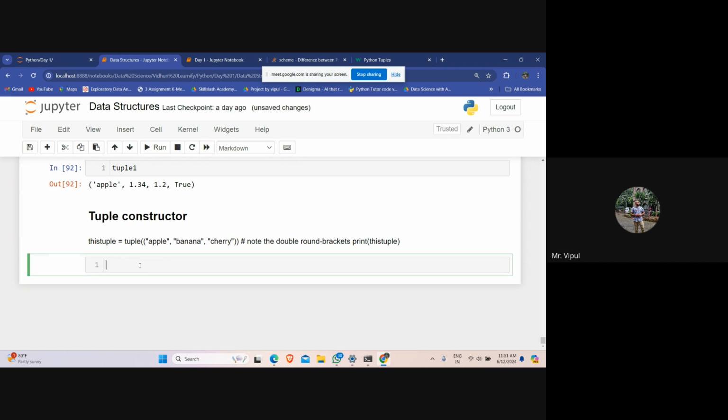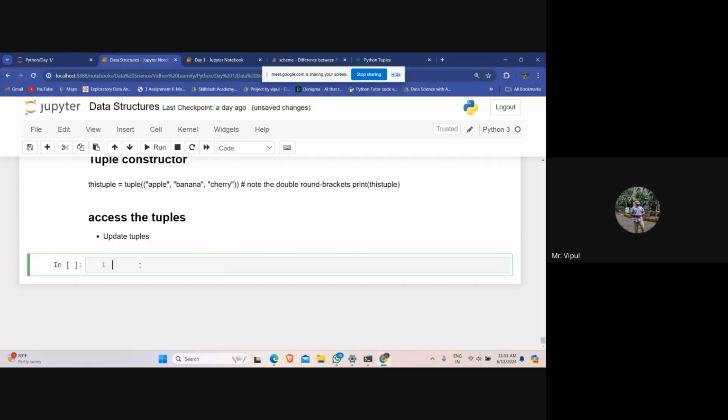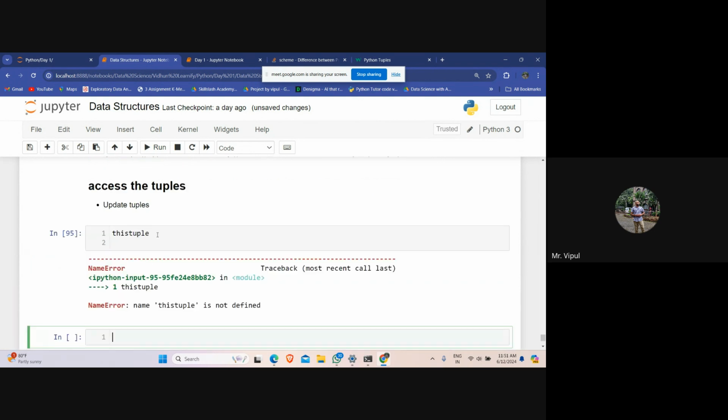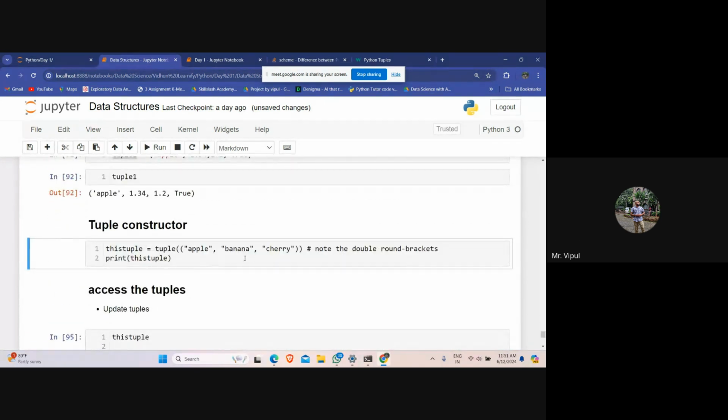Now we'll try to understand how to access tuples. Then right after that we'll see how to update tuples. This tuple that we already have created, let us create this.